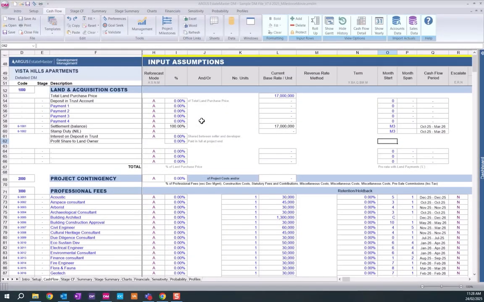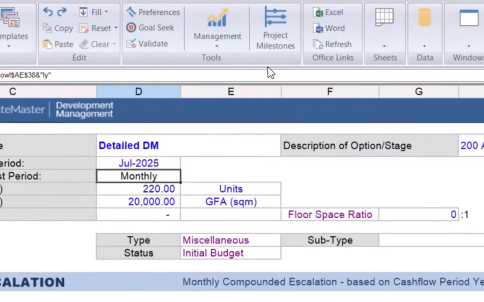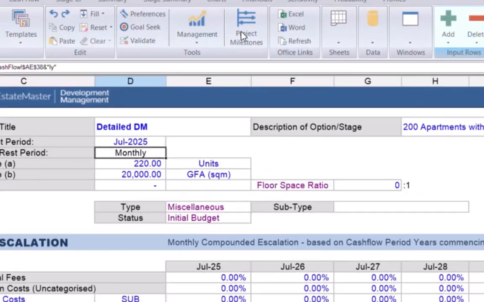The Project Milestones feature within DM is a great interactive Gantt chart that allows you to link all of your costs and revenues together to form a timeline for your cash flow. Let's have a look. To access the Project Milestones, simply click on the Project Milestones button underneath the Tools menu